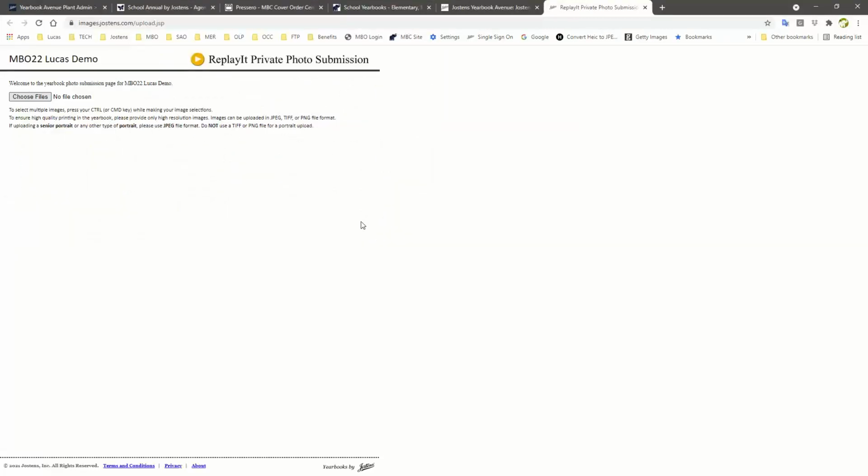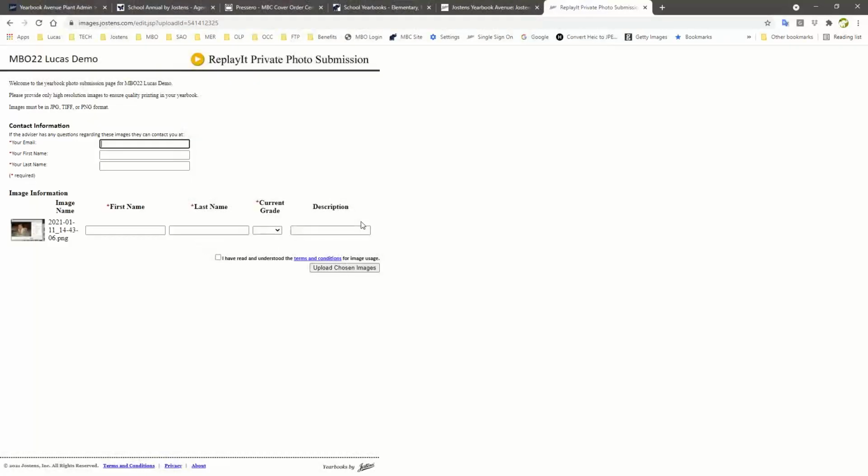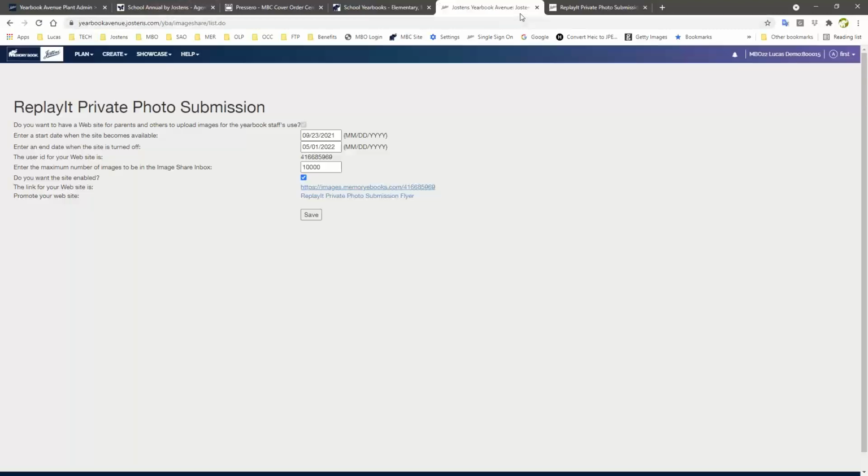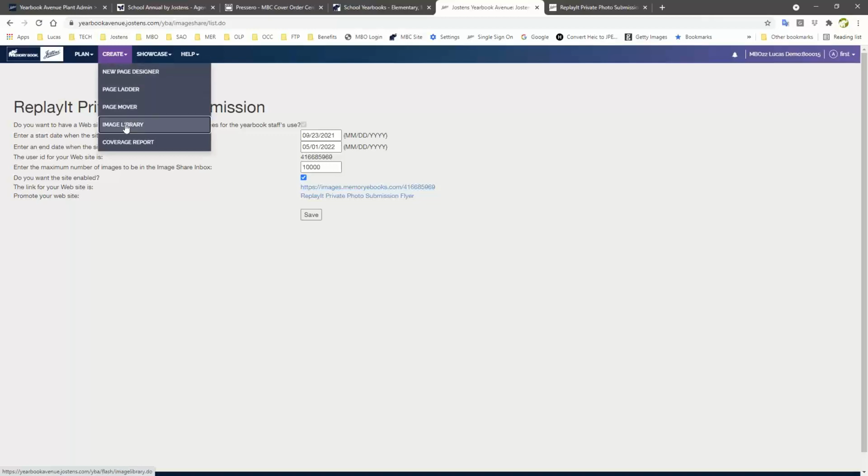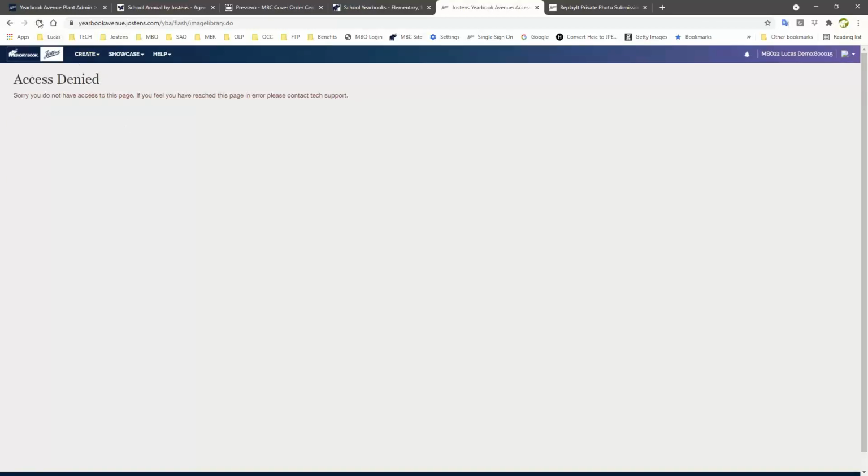I'm just going to pick a random photo here. Then you'll put in your contact information: first name, last name, and grade. You'll accept the terms and conditions, and then hit upload chosen images. Now I'm going to get back into the Memory Book Online program here. I didn't upload that, but